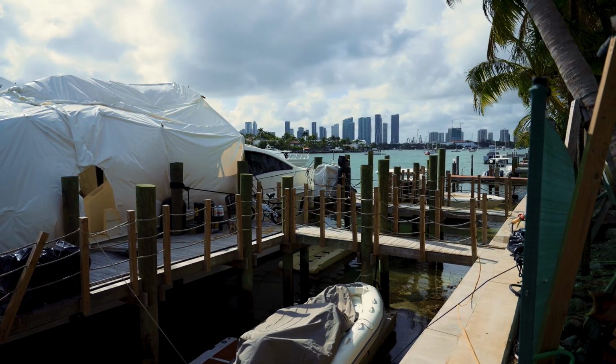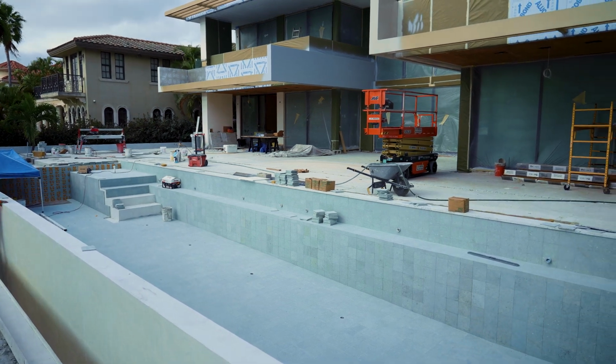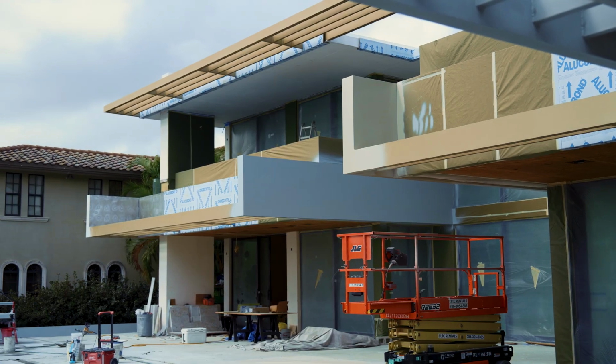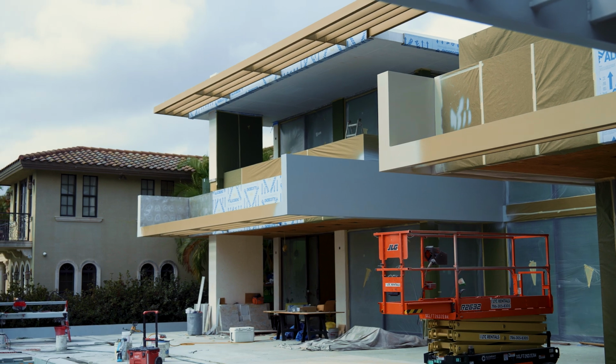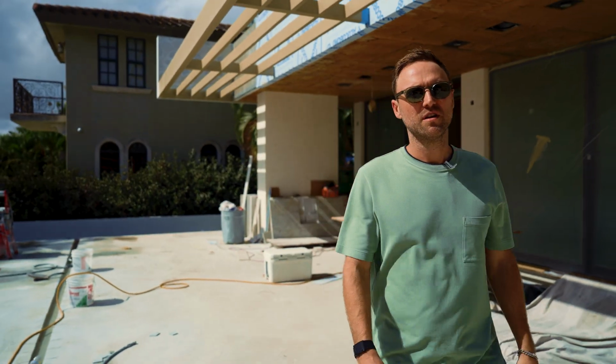Over 100 feet on the water. Beautiful infinity pool once it's going to be finished. Look at this. Those aluminum. I can't wait. Honestly, I can't wait. It's going to be really